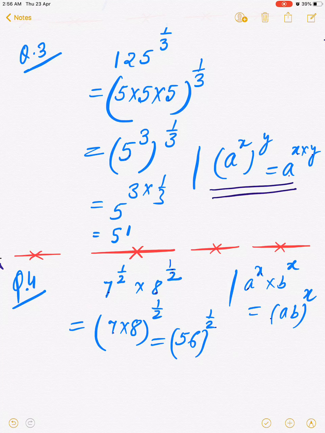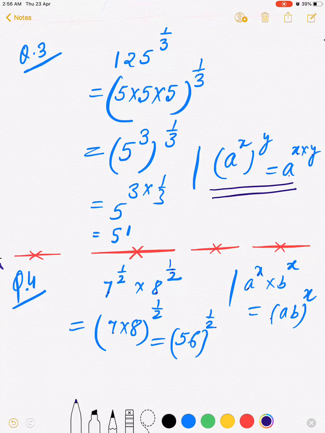Let us take one more example. This is of a slightly different type, you also see this. It's written 125 and its whole power is 1 upon 3. And what will I do? I'll do prime factors of this 125. Can I write its prime factors like this? And whole to the power 1 by 3. I can write this as 5 to the power 3 and whole to the power 1 by 3.